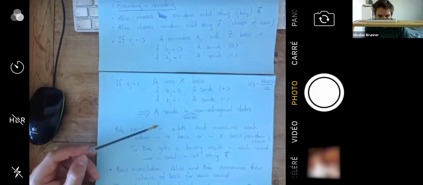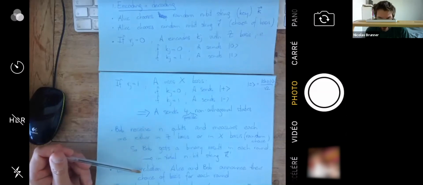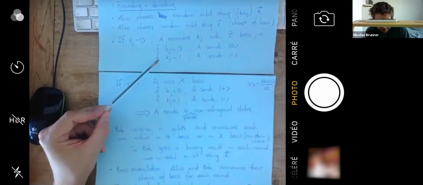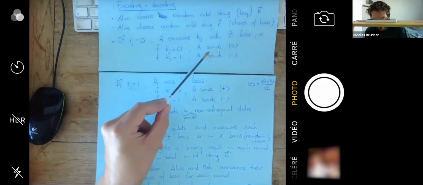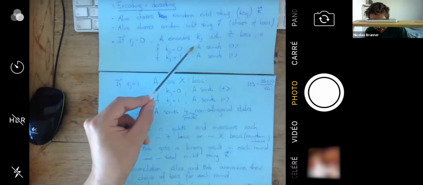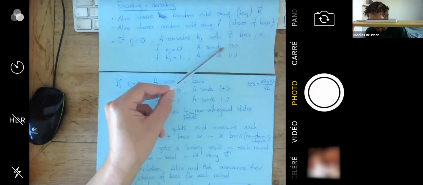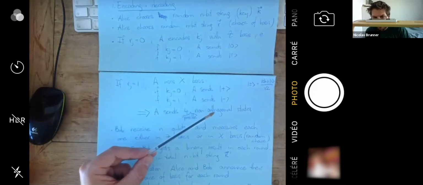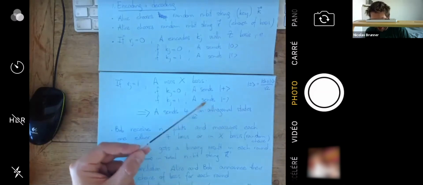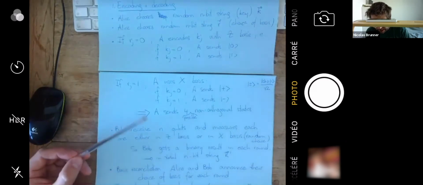Now, you should also note something else. It is very important that this basis reconciliation is done in the end, okay? Because you cannot announce the choice of basis before sending one of these 4 qubit states. Because if Eve knows if it was that basis or this basis that is used, then she could, of course, measure in that basis or that basis. So with this extra information, you would make the states actually distinguishable, and so Eve could get information.